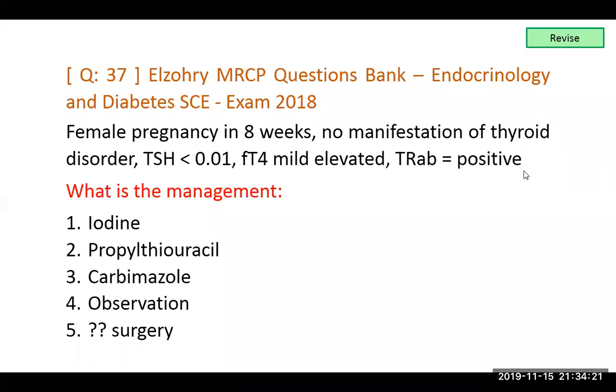Also in UpToDate, mild and asymptomatic hyperthyroidism needs no anti-thyroid medication. I am with you, and this is a recommendation by the guidelines published by the American Thyroid Association, and I think I showed the slide in the previous session. Mild hyperthyroidism has no bad impact on pregnancy and on the fetus. But propylthiouracil is categorized by the FDA as category D, so some harm can occur from propylthiouracil during pregnancy.